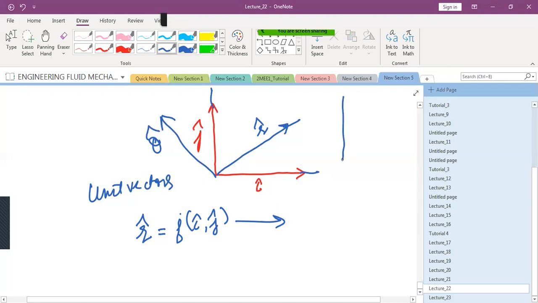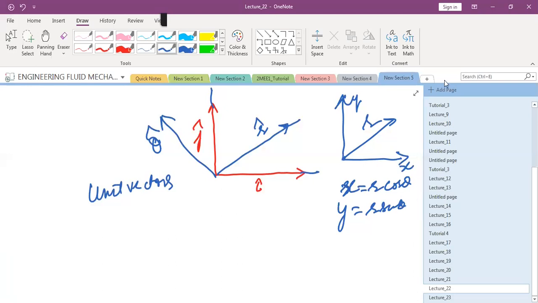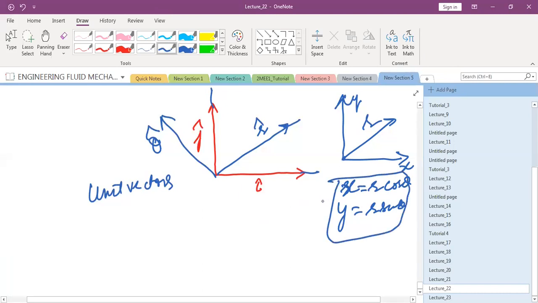If you remember, if I have something like this is x, this is y, and this is say r. What do you know? x is equal to what? R cos theta. What is y equal to? R sin theta. Everyone is conversant with this. So all of you know this kind of thing. That is elementary. Now my question to you is, I want to write down r cap as a function of